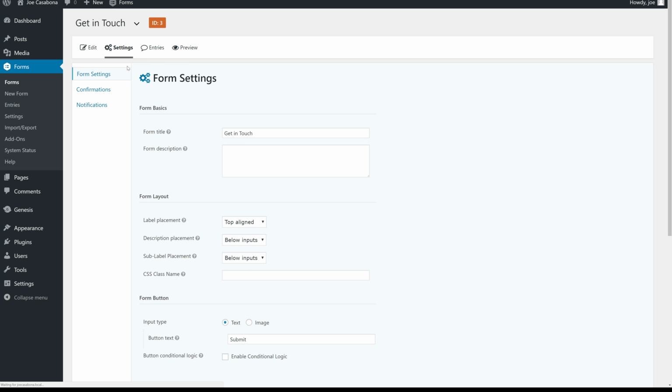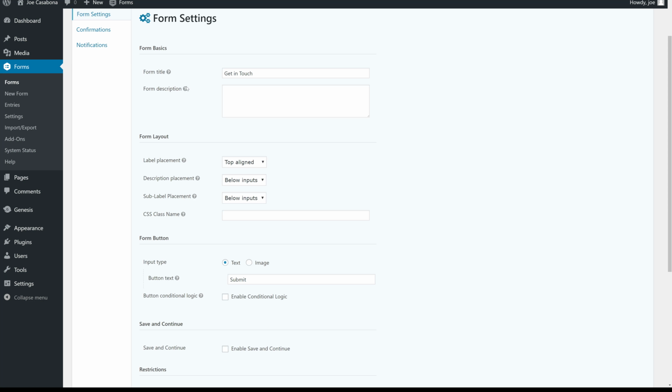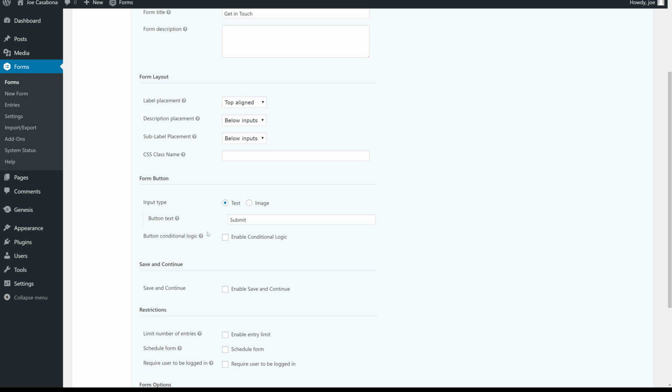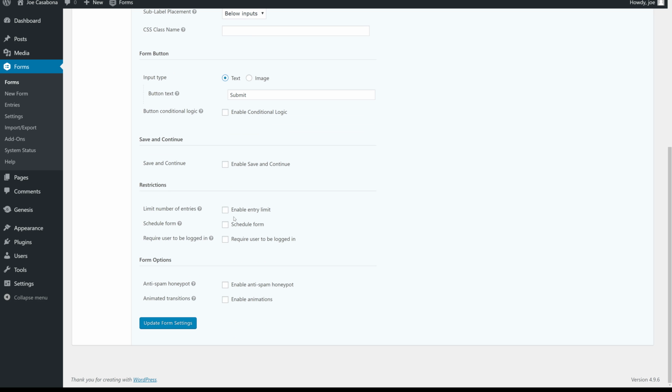So I'm going to click on form settings first. Here we have the title and the description. We have some layout options where we want the label to be placed and things like that. You can choose to add or play with that as you want. You can also add a CSS class name. So if you want special stylings, special CSS applied to this form, you can do that. We can choose a text or image button for the submit button. Again, we'll just keep this as submit. And a few other